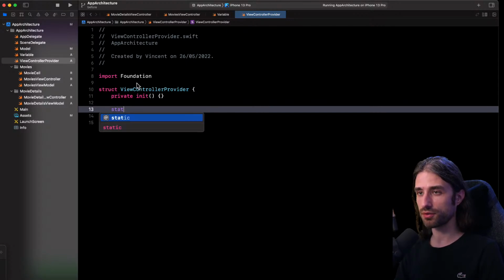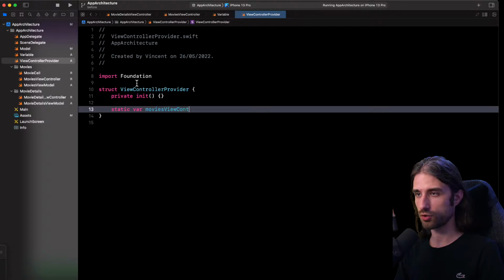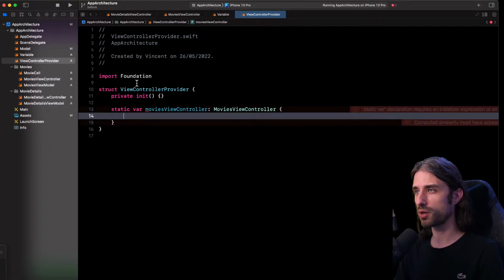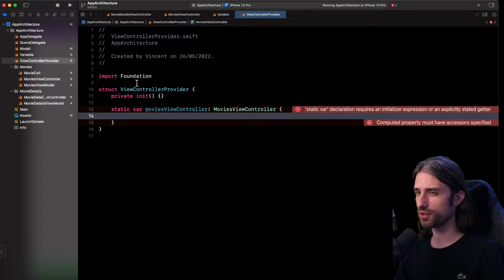I'm going to implement a first static property, which will be my moviesViewController. It will be of type MoviesViewController. This is where I'm starting to stop using storyboard to manage the startup of my app. I want to get control over this.